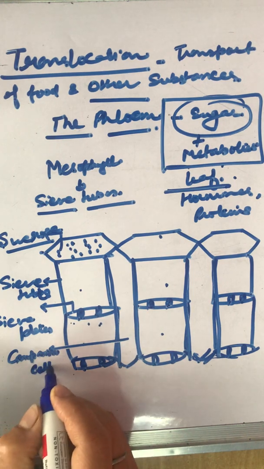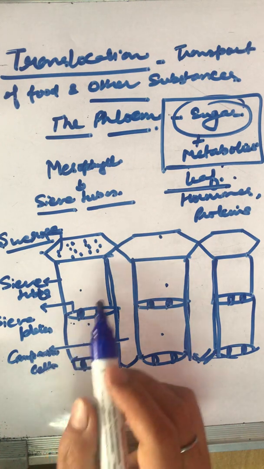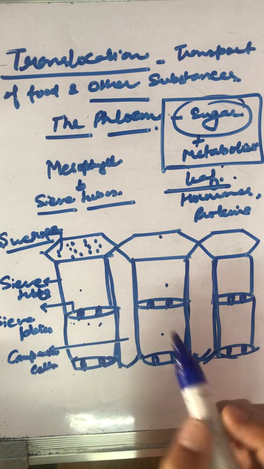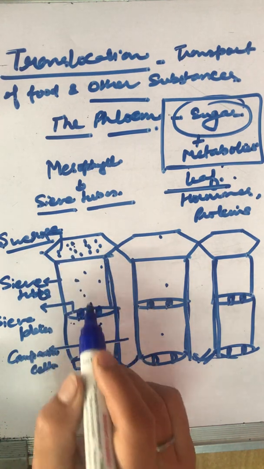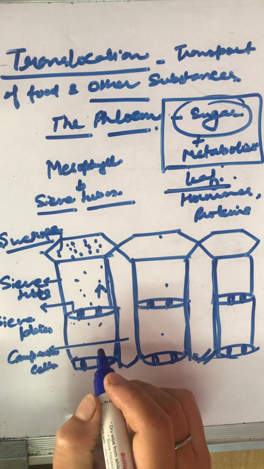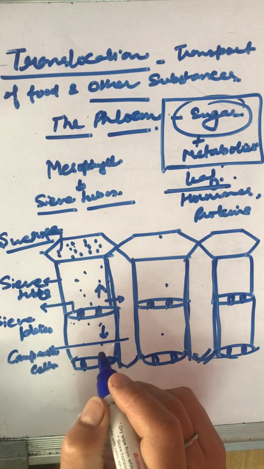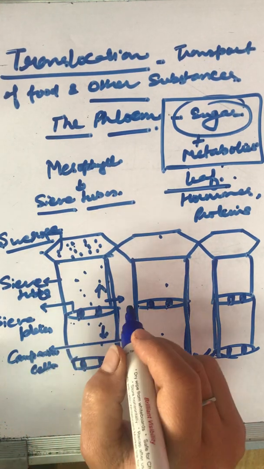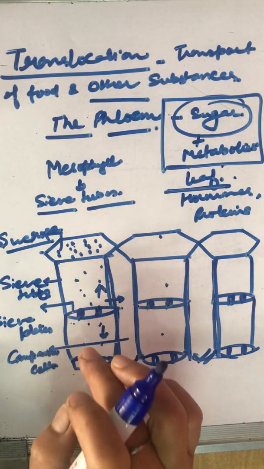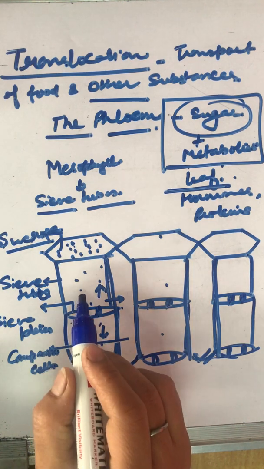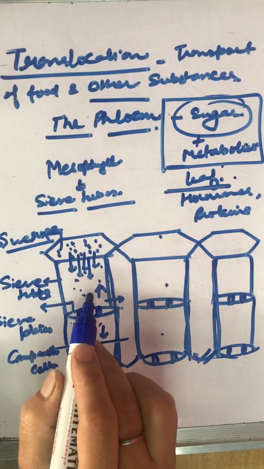Now, companion cells. In this layout structure, the interconnected sieve tubes are present in all the parts of the plant. So once a food material or some other substance enters the sieve tube, it is transported upward, downward, or any other part of the plant, including the roots also. The food is transported in a dilute aqueous solution. And whenever the food has to move from one region to another region, it is not easy for it to move uniformly as it is without any energy gradient.